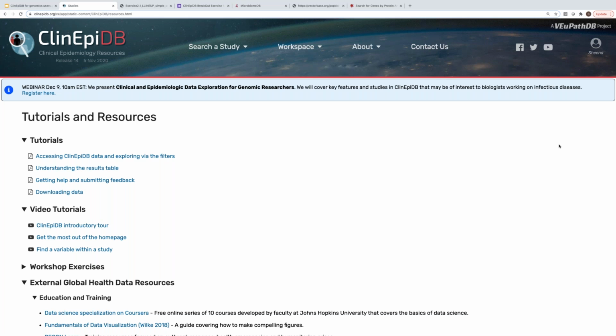So there's a mixed rationale behind the studies that are accepted for data loading. There are a variety of factors that go into these considerations. First and foremost is utility to the epidemiology research community. Our goal is to try to expedite discovery and translational research, and so we probably, many people on this call